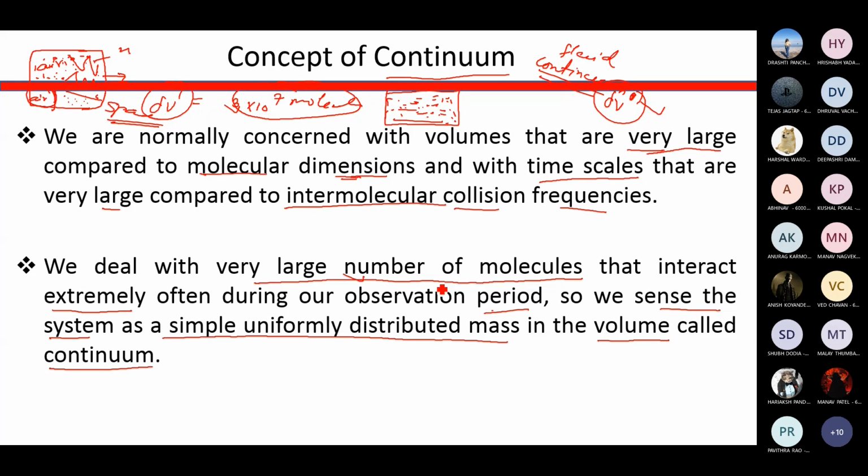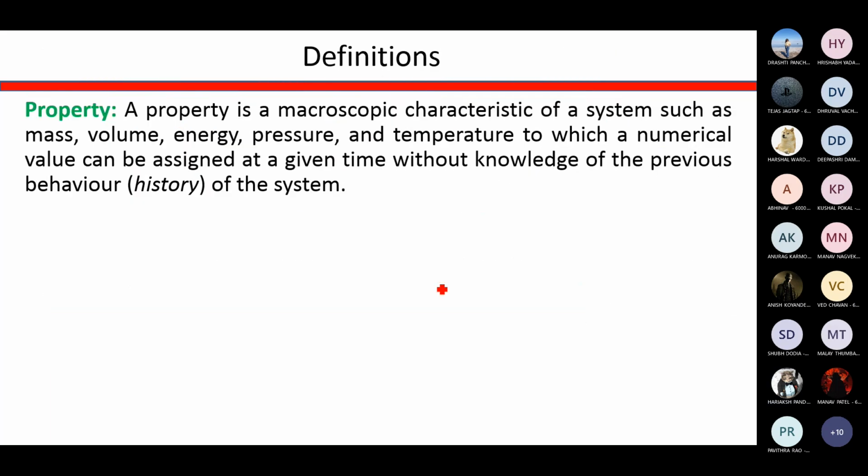Now can I go to the next slide? Yes, sir. Now we'll define a few more terms, like what is a thermodynamic property. So what we mean by property, you must have studied in physics also, right? Just read the definition and it is clear. So what is property or thermodynamic property? It is a macroscopic characteristic of your system. Now what is macroscopic? It means we are taking a large number of molecules together and we are defining what is density,